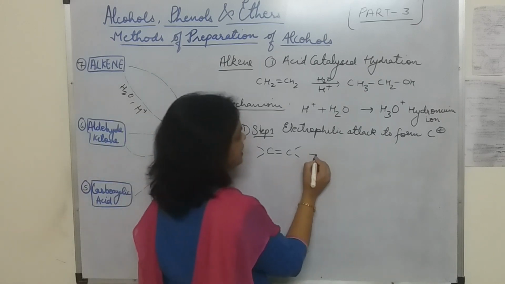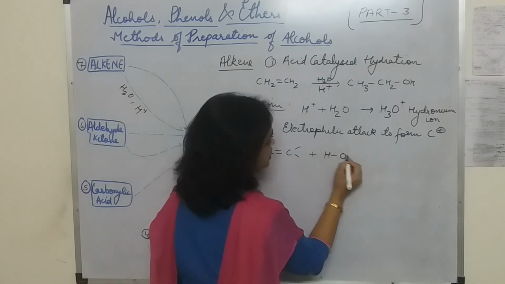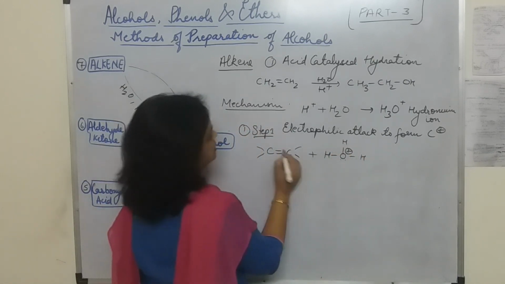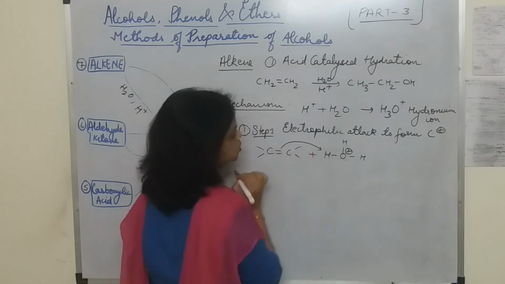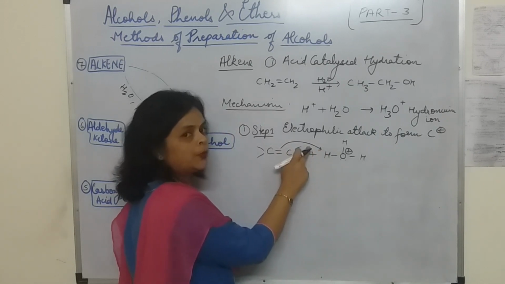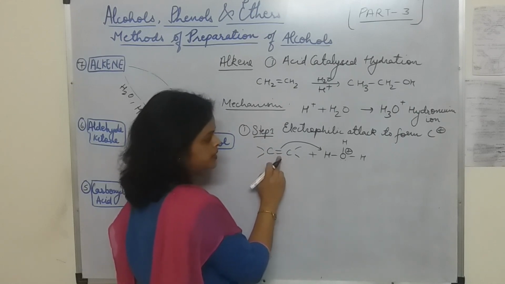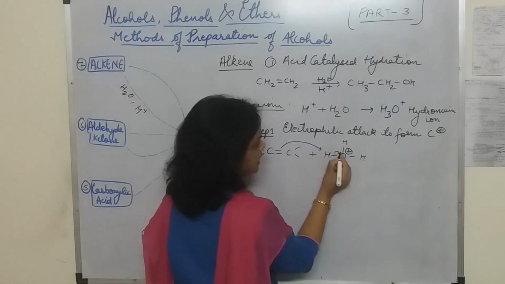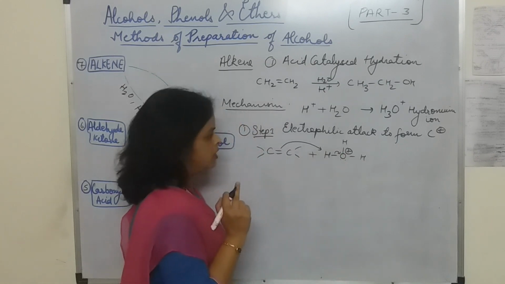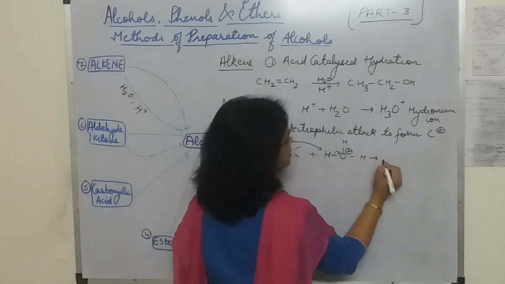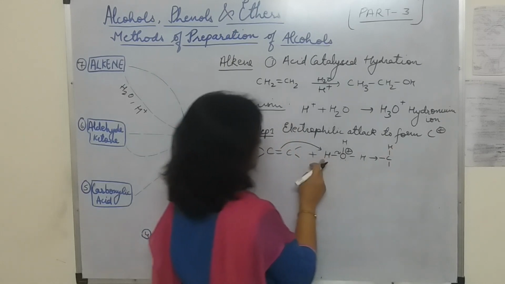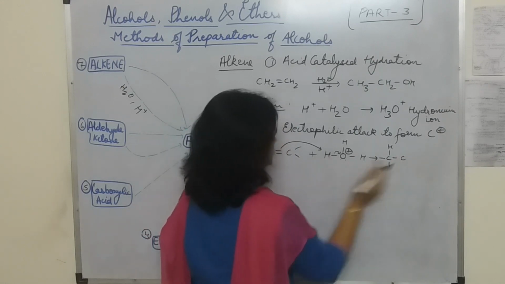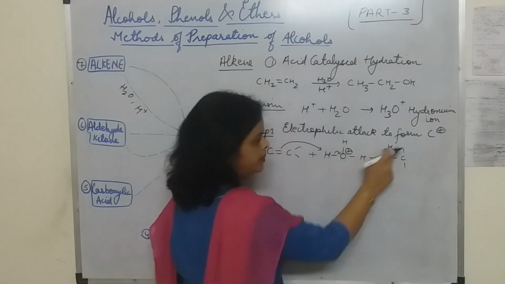This is our alkene and we are having this hydronium ion. Now this is the pi bond, we will show the arrow. This arrow always shows the movement of electrons. So here the pi electrons are present. We will show their movement toward this H and this bond will break and this pair of electrons will stay with the oxygen. So in the product, one H will get added over here. The double bond will convert into single. This carbon we will write as it is and these two valencies will be written on the upper and lower side.